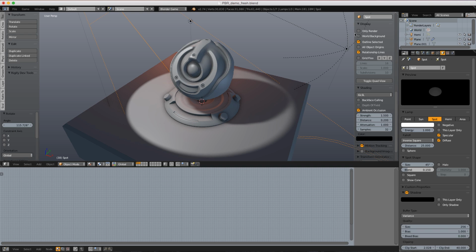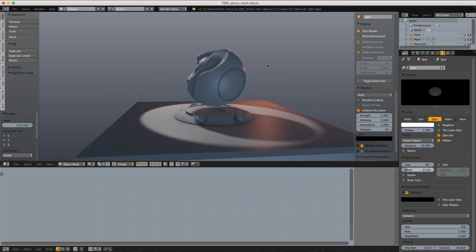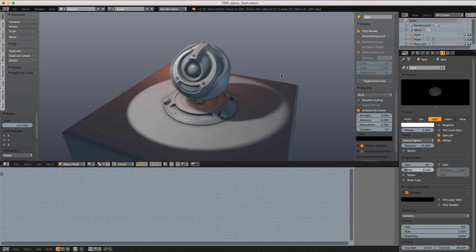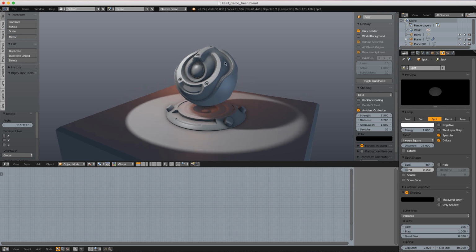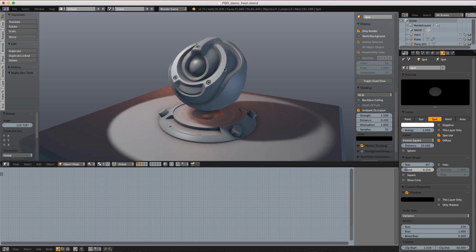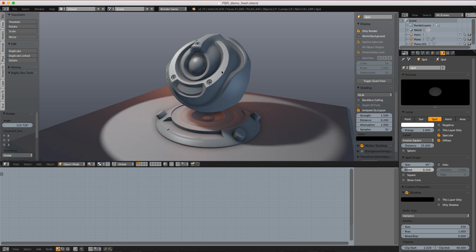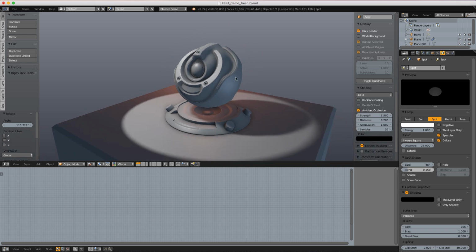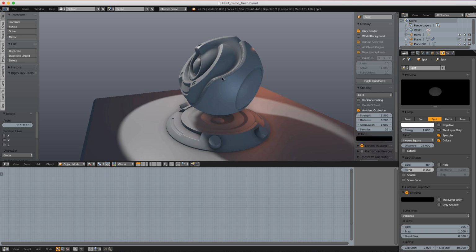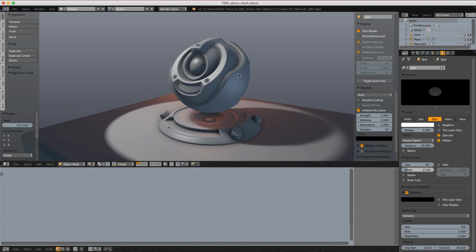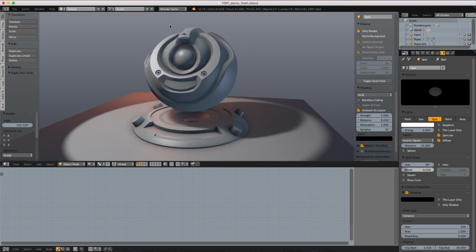Over here in the display section, we can enable only render to get rid of all of our viewport icons and enjoy the pure viewport render. Now, when it comes to PBR and really shading in general, whether you're using a traditional or real-time renderer, I find that reflections are absolutely crucial for realism. And on top of that, Fresnel reflections. If you've watched any of my shader training material before, you know that I am a Fresnel evangelist. And so that's what I'm going to show you now, how to approximate that inside the Blender viewport with a